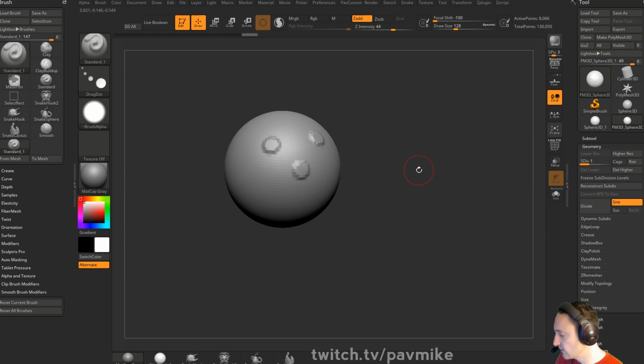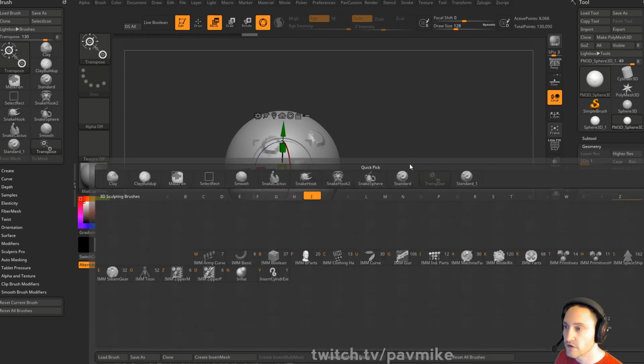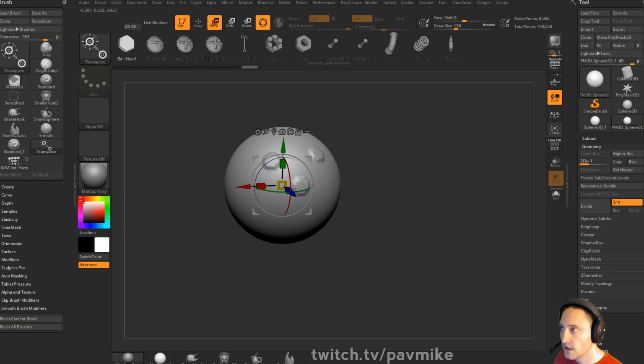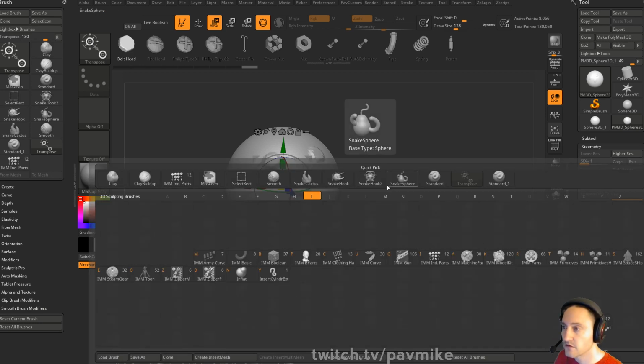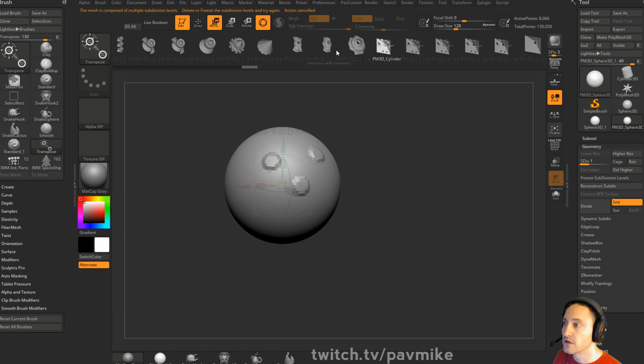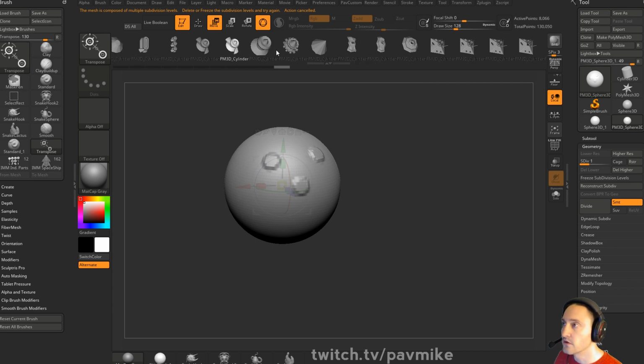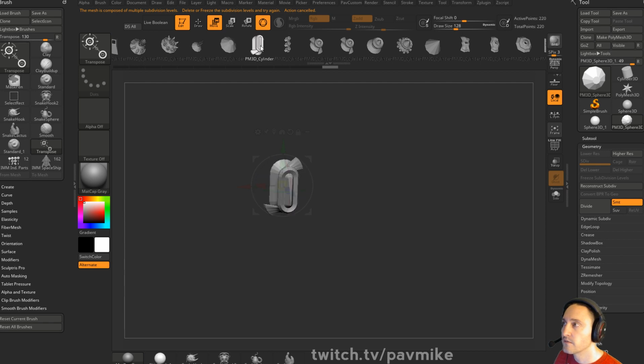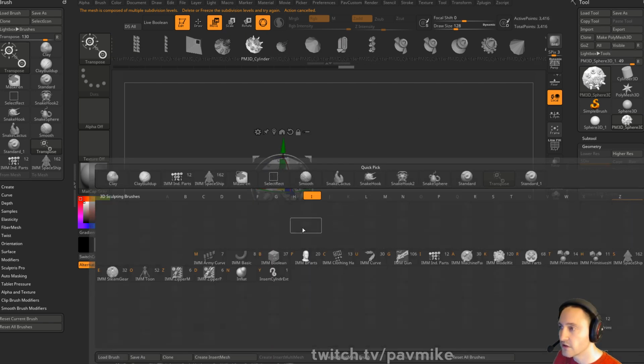Or if you're just talking about a flat plane or anything in your scene here, we can hit W, BI, brush insert. These are going to be faceted. Anything interesting in here? Yeah, spaceships. We can choose any of these here. Let's hit delete higher. There we go. So we can go through here and say, oh, you know what's a good one? Brush insert